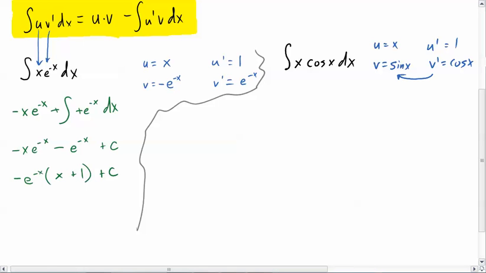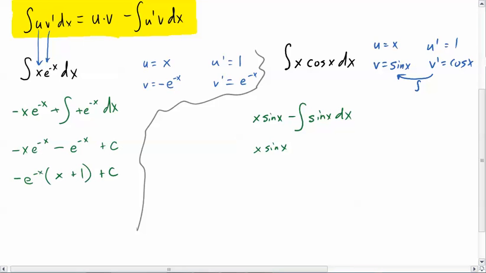Remember that going this way is just going to be the integral, the antiderivative, sorry. Okay, so now I rewrite the problem, and so I say, okay, I've got u times v, so x sine of x minus the integral of u prime, which is 1, times v, which is sine of x dx, and then I can actually take the integral of sine of x, so I end up with x sine of x